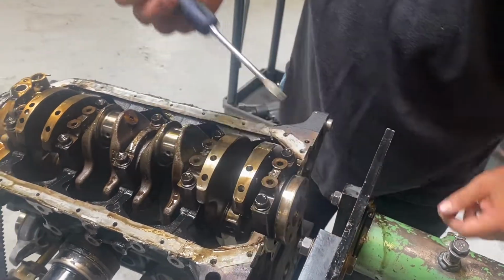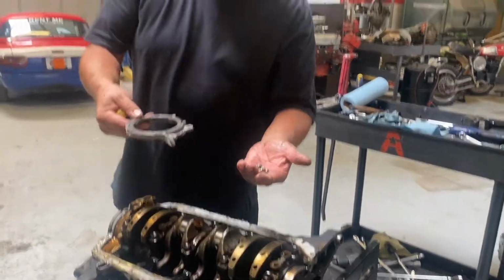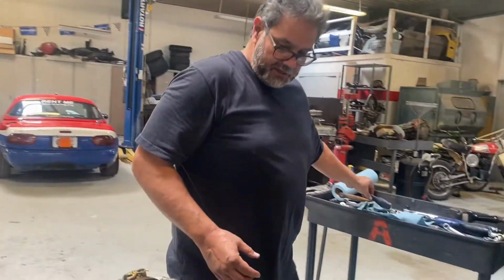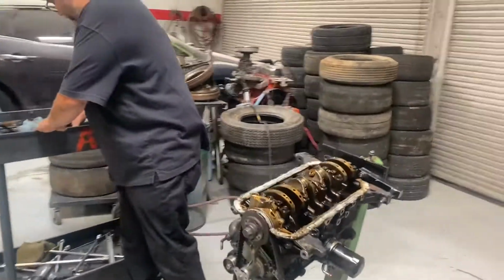Just like that. And it fell on the ground. All right. So I got my rear main seal out, and I've got the bolts. I'm going to set them aside, place the bolts inside there. Okay, this is all done. So I'm going to go to the front of the engine now, and I'm going to take off